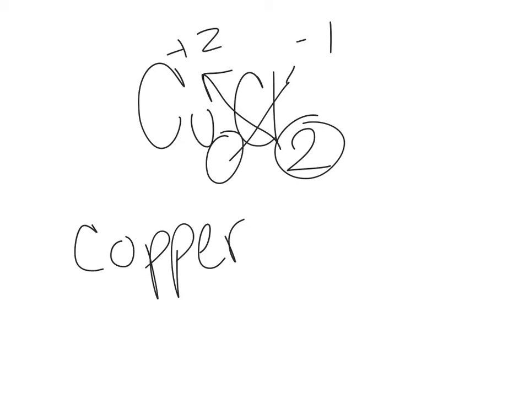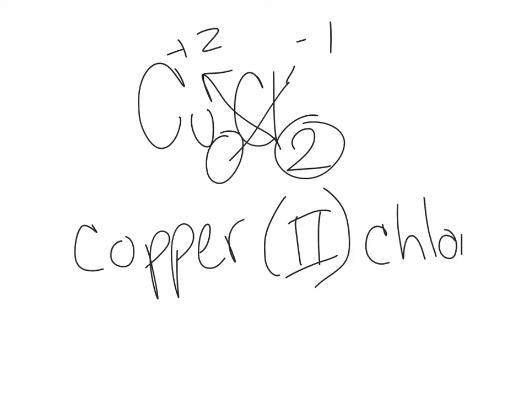So that makes copper with the +2 charge. So to tell me copper has a +2 charge, I need to give it a Roman numeral of 2. And then I name it exactly the same way I do with my other ionics and make it chloride. So the Roman numeral, once again, came from the charge. The Roman numeral is the charge of the metal. So let's try another one. So I also know there's a million other elements in there. Let's do